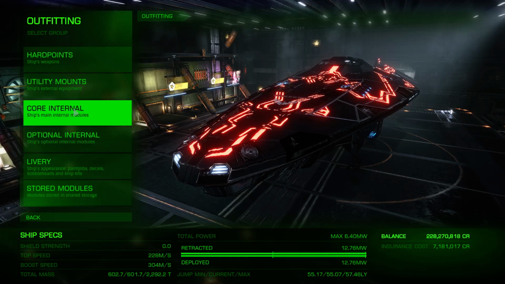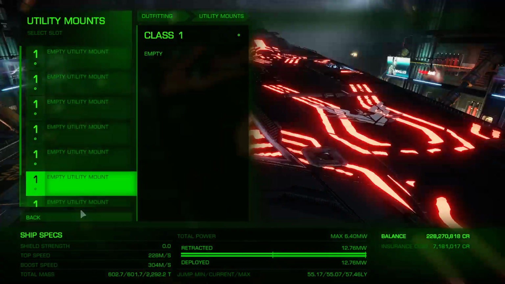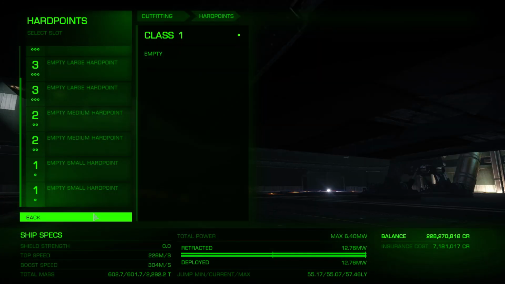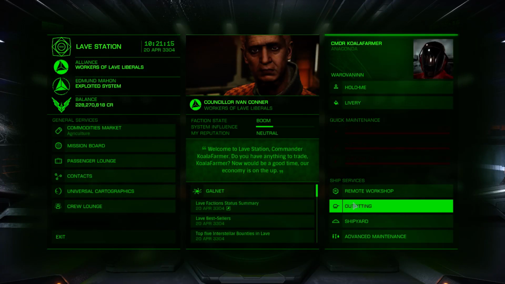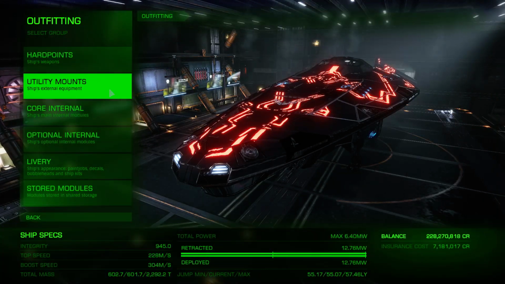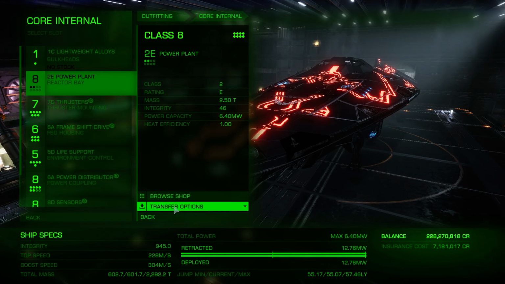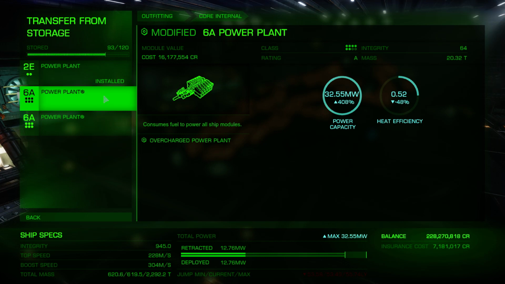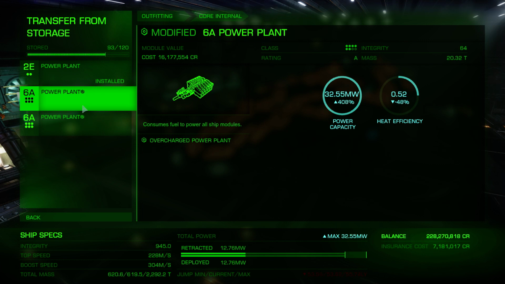So I'm looking to build a... I'm just going to see how far I can push my Anaconda out to jump, and then I'll add things and work out what it's worth. It's got no weapons on it. Okay. Okay, so power plant, transfer options. Well, that's not going to do that much different. But